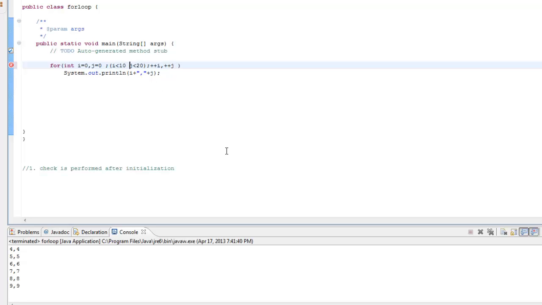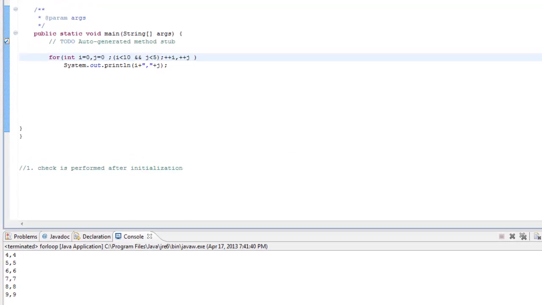And if I say && j less than 20, this gives me a boolean result. So as soon as i is equal to 10, this goes false, the net expression goes false, and we can have a similar output. Or I can say j is less than 5, so that we terminate it before the condition of i reaches. So you can see now the loop doesn't even go to i equal to 10,